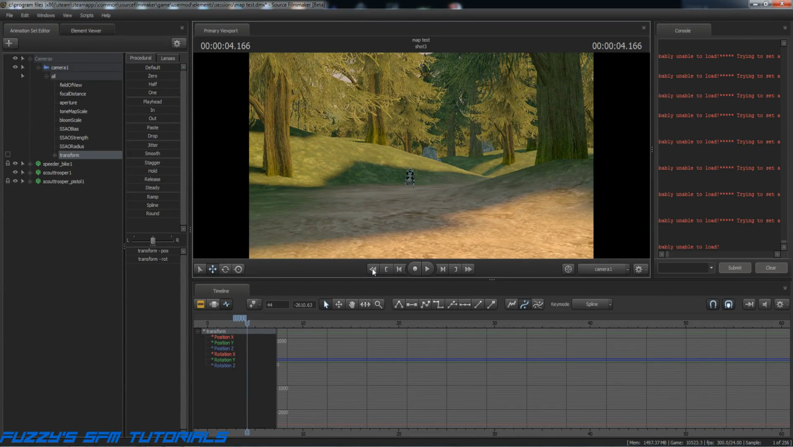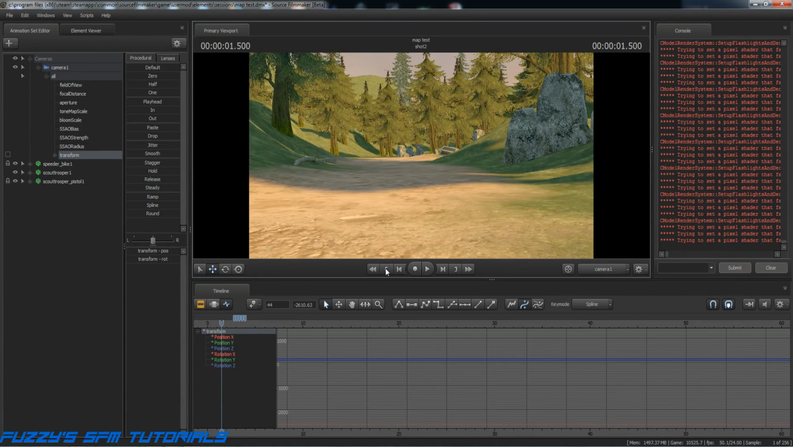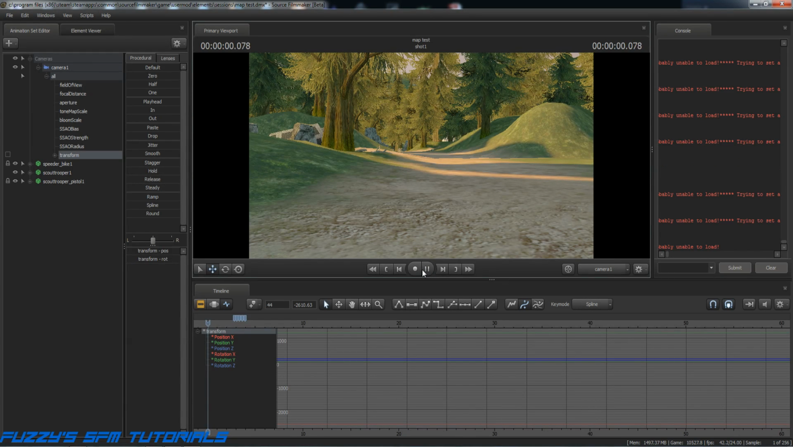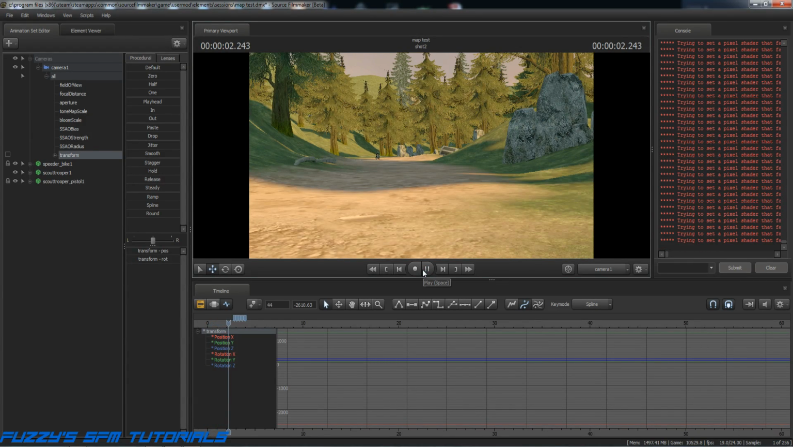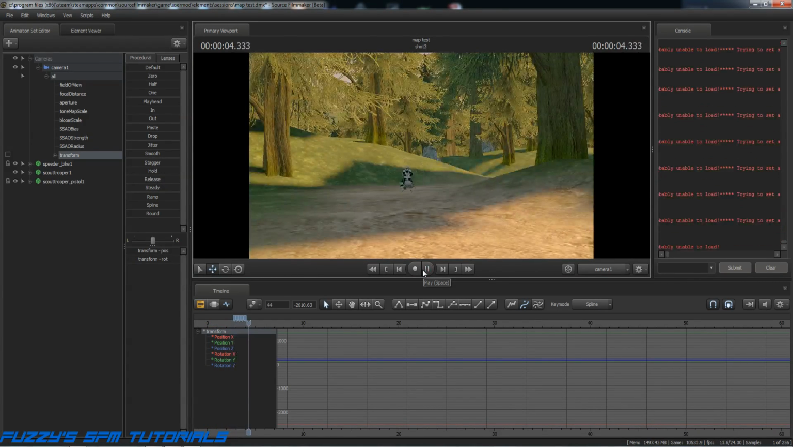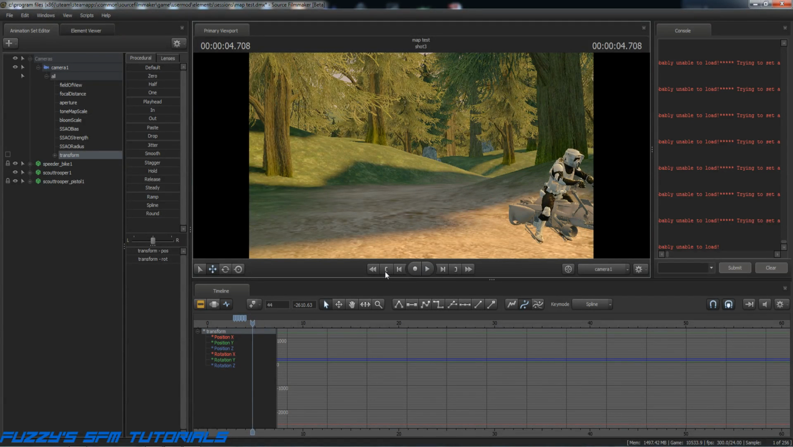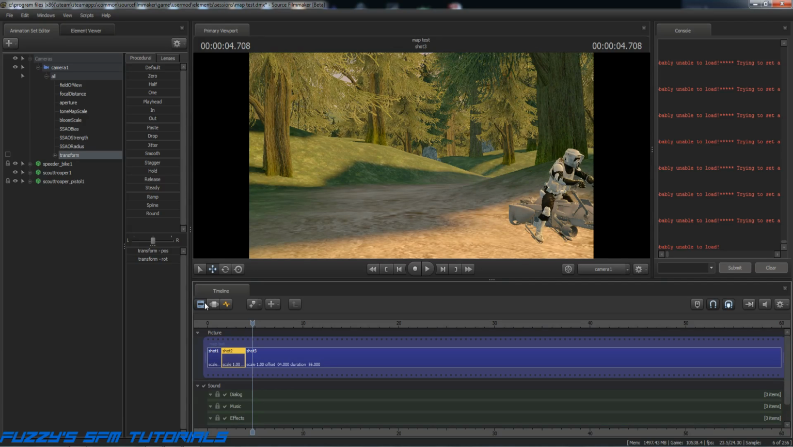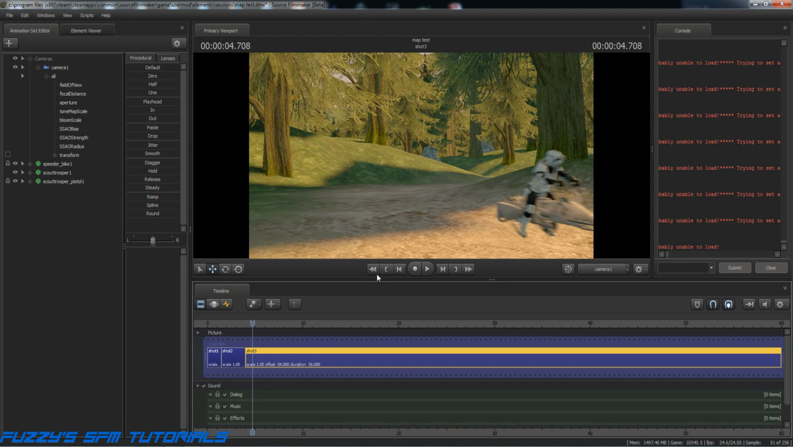Okay. So now if we jump all the way back to the beginning here and play this back. There he goes, and that camera's tracking him. Okay, we're looking pretty good. So now let's jump into the beginning of the next shot here